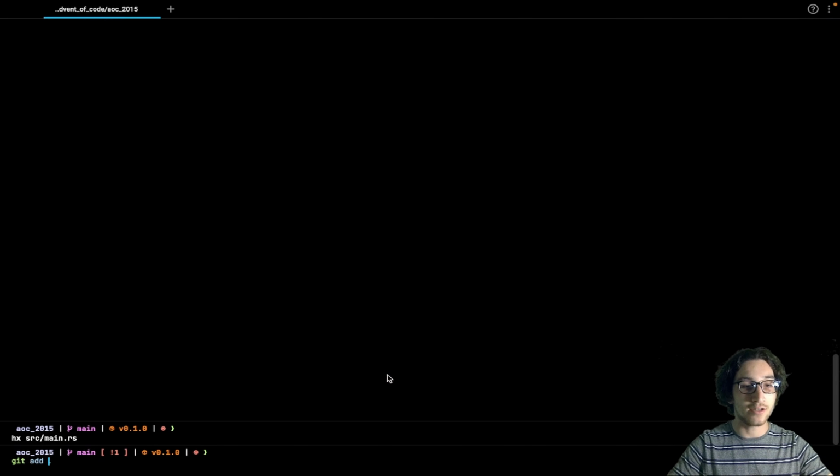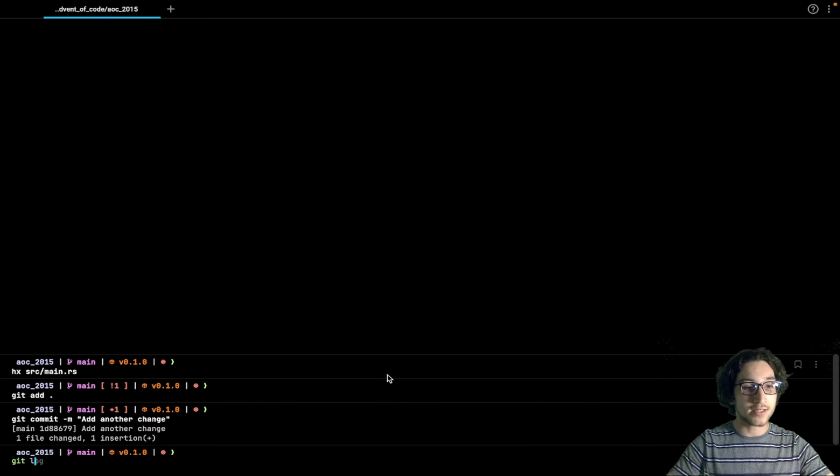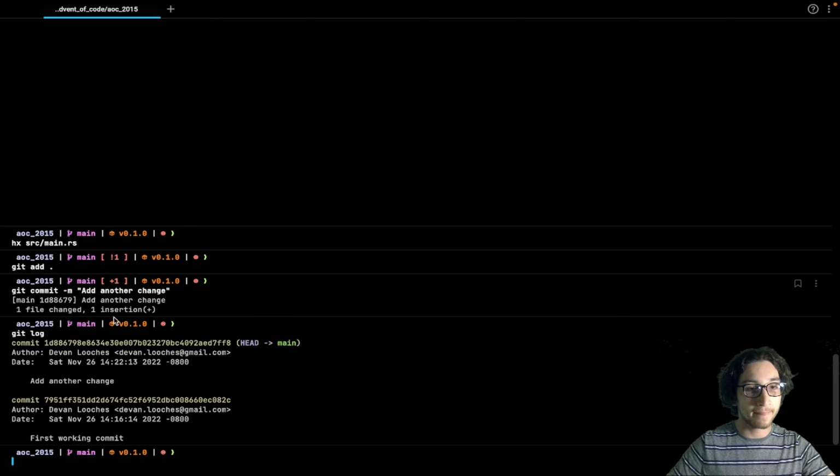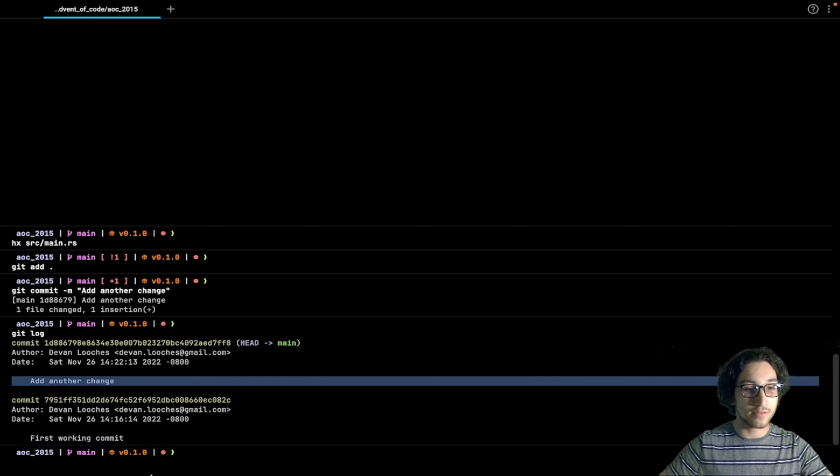So git add dot, and then we're going to commit that change by saying add another change. Now we can see in our git log that we have two commits, and the first one is this one down here, and then we have add another change.